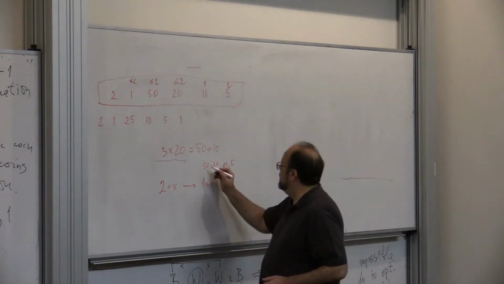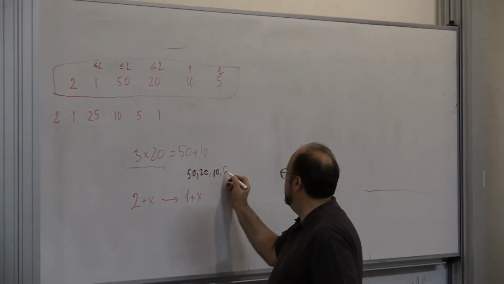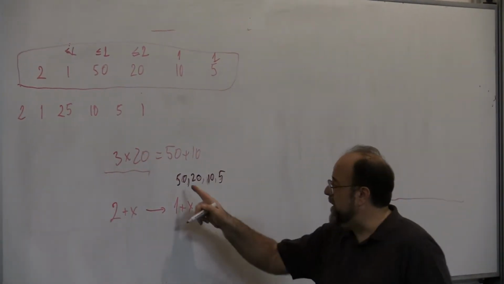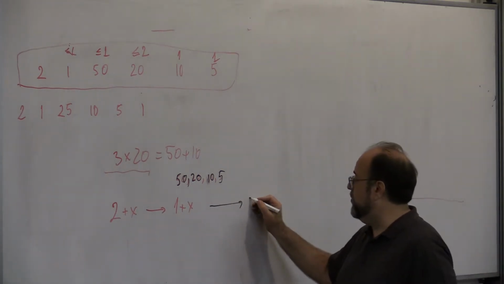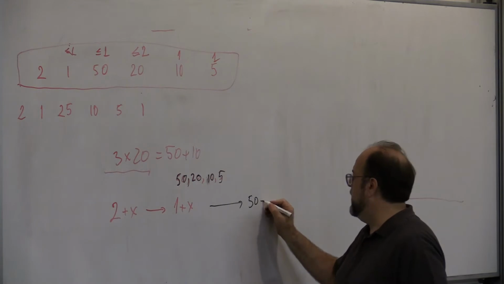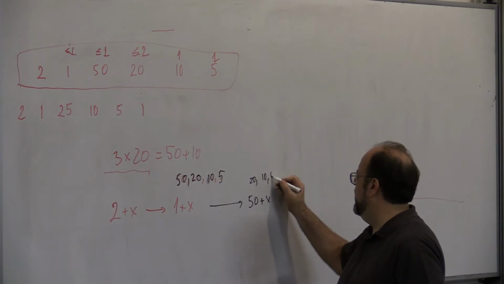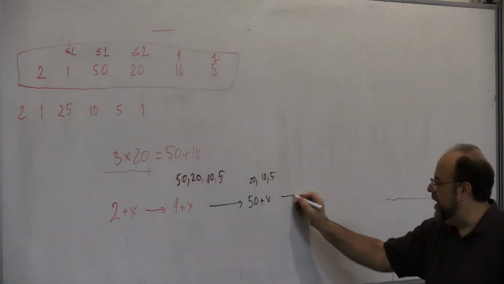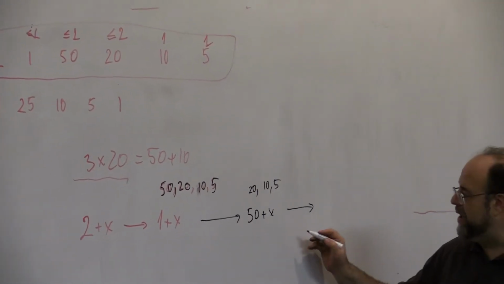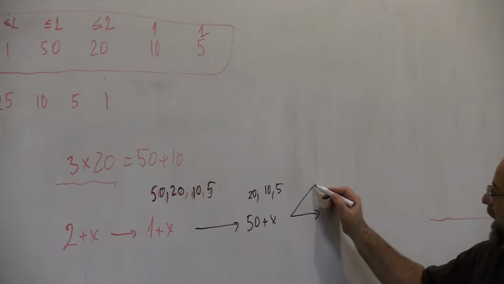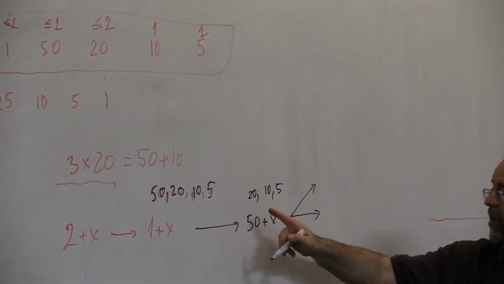So this is 50, 20, and 5. How many 50 cents can I use? At most one. So I'm stuck with 50 cents plus X and allowed to use only 20, 10, and 5. Okay, once again, now it becomes a little trickier. Now you have to branch, right? Because out of these 50, you can give either one or